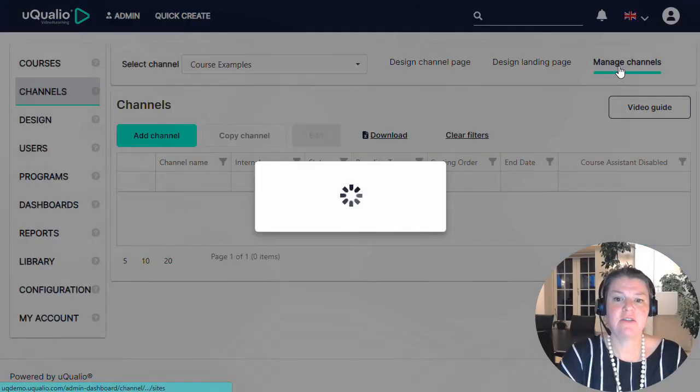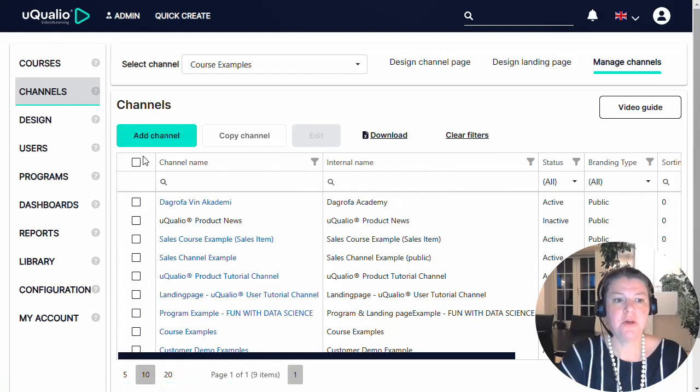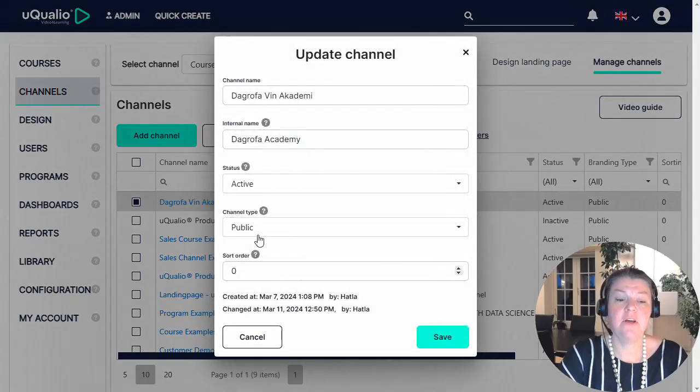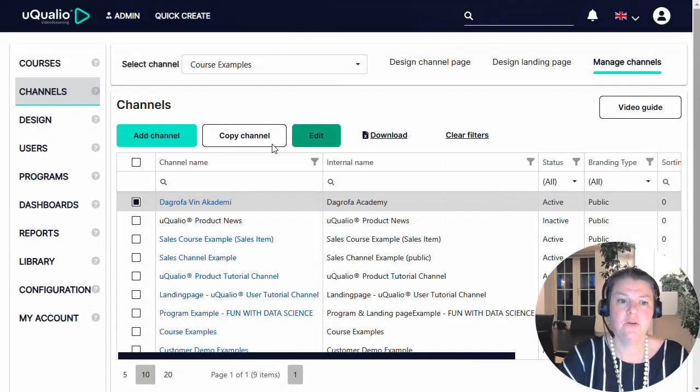Under Manage Channel at the top, you can add channels if you buy extra, and you can edit them and their status, so you can set them to inactive, you can change whether they're public, etc. You can also copy a